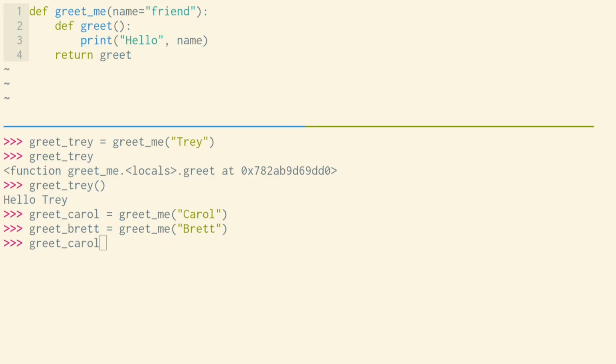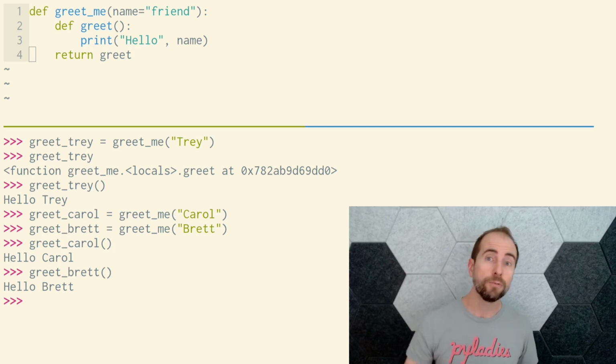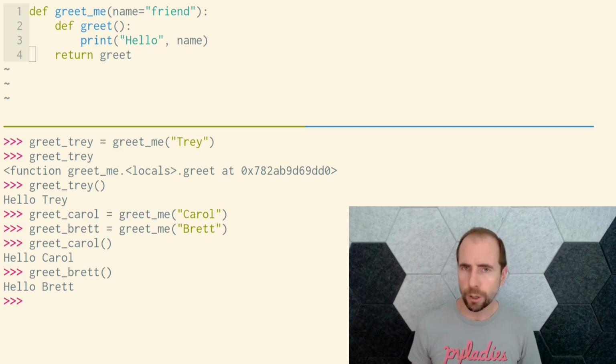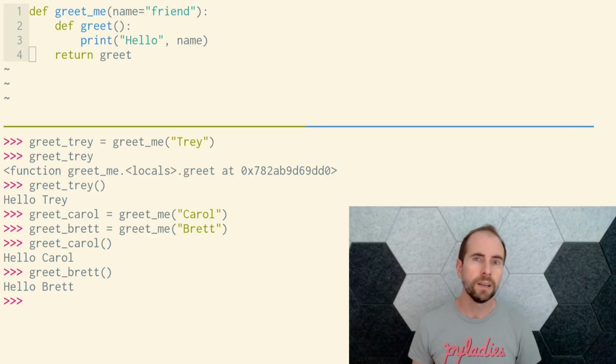The name variable isn't a local variable, but it's also not a global variable. The name variable lives within the enclosing scope of the inner greet functions. When a function is defined within a function, and the inner function accesses variables that are defined in the outer function, Python uses a closure to keep track of those variables that are defined just outside the inner function in its enclosing scope. You mostly don't need to think about a function's enclosing scope or think about the closure that